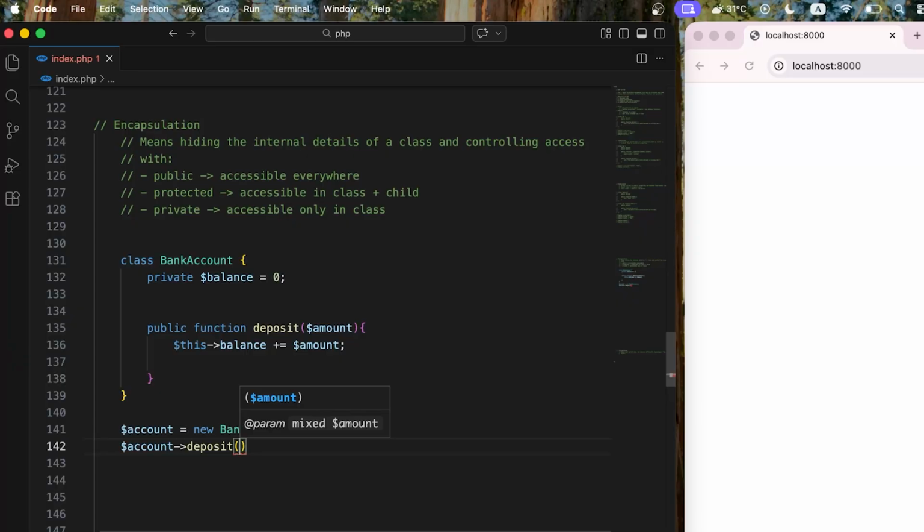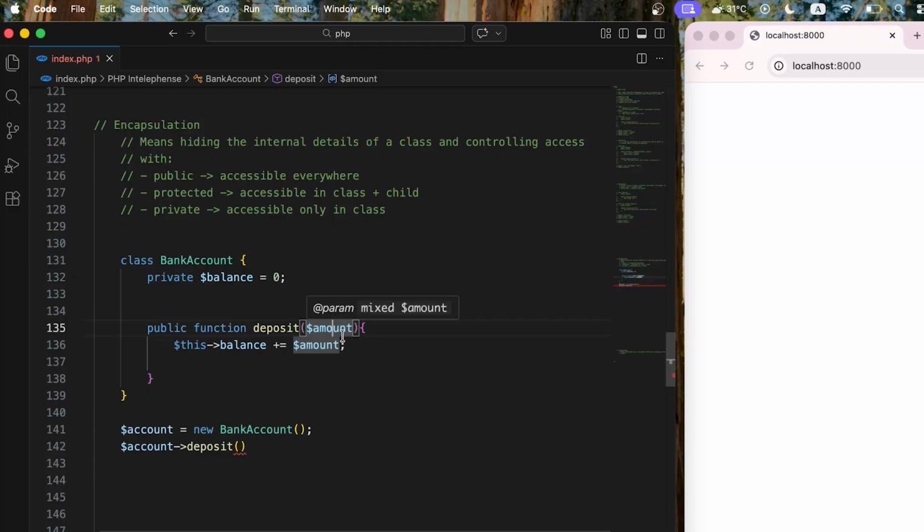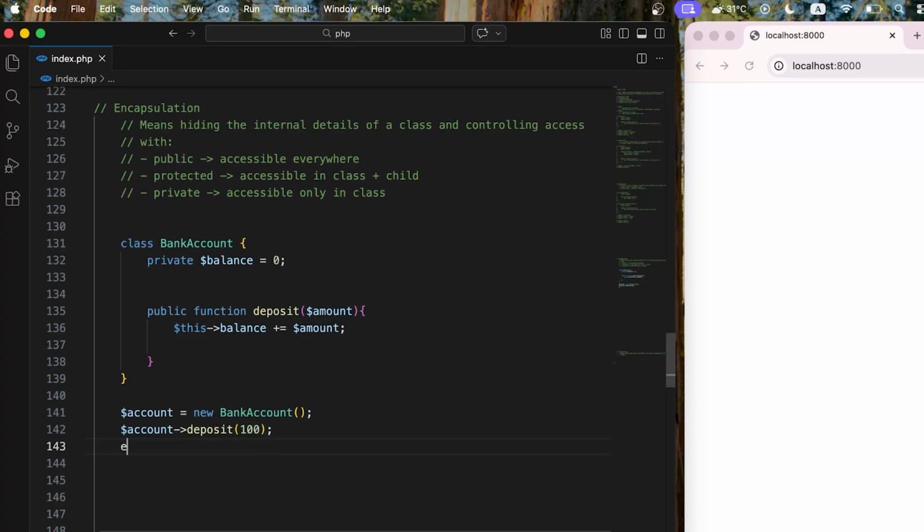And inside a method deposit, this is gonna be a variable of integer. So this is gonna be 100, something like that. Then I'm gonna echo account, and this is gonna be